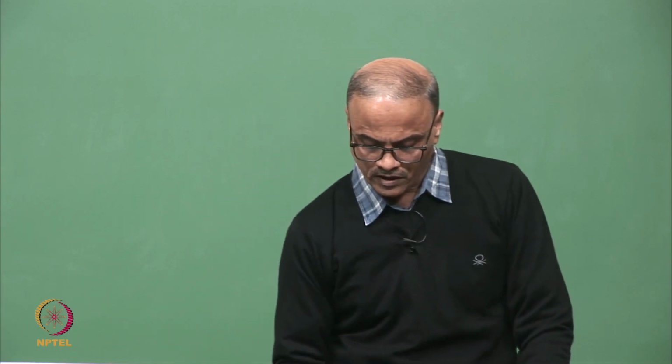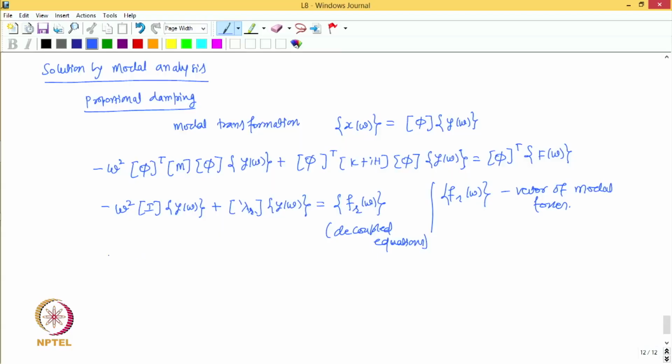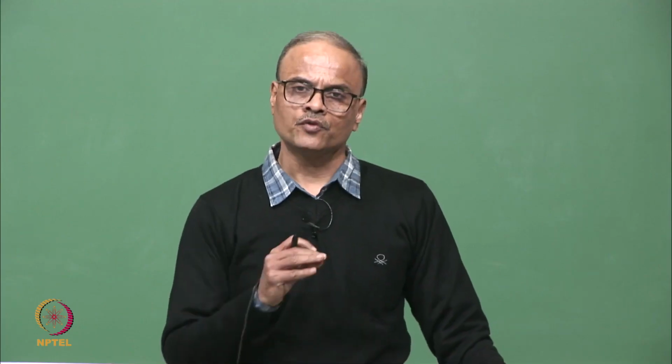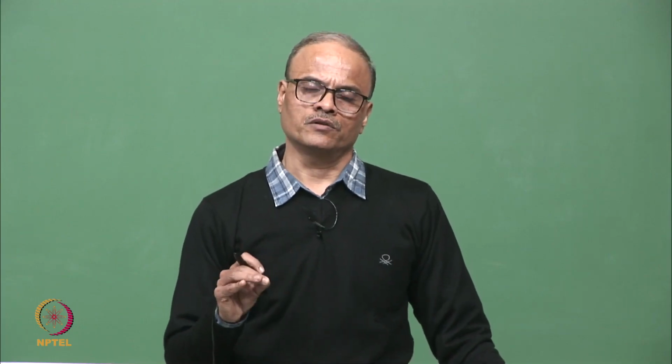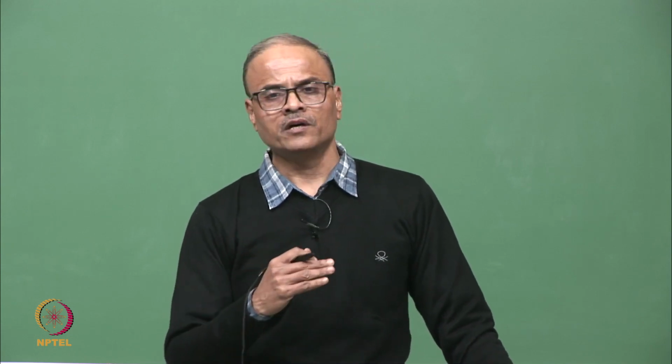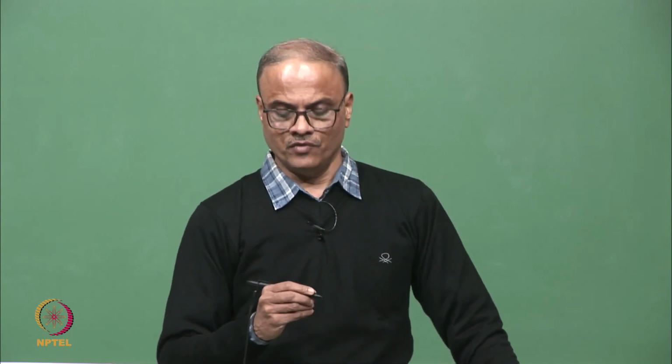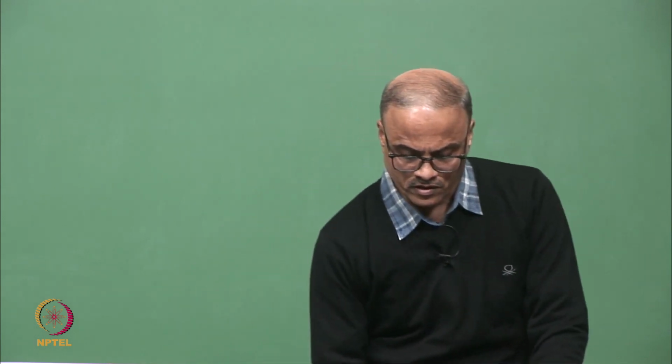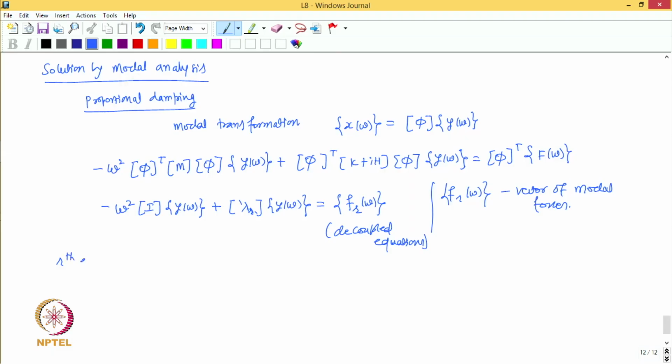If I look at any particular equation, say Rth, these are the n equations and they correspond to n modes of the system, each equation representing the vibration in that particular mode, and that equation is independent of the rest of the equations, and hence we can take one of such equations. Let us say, the Rth equation,